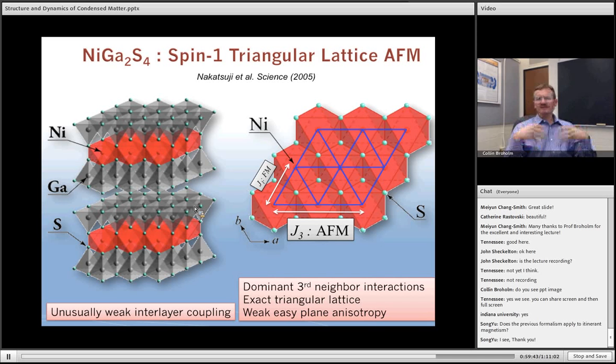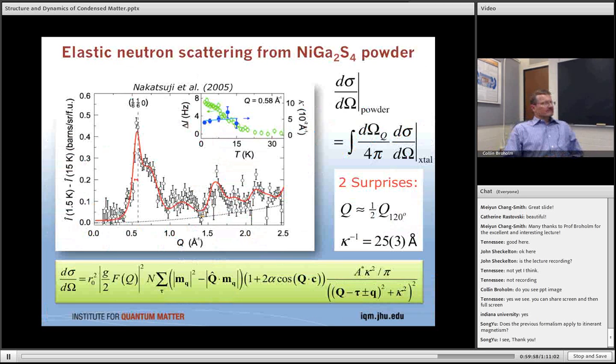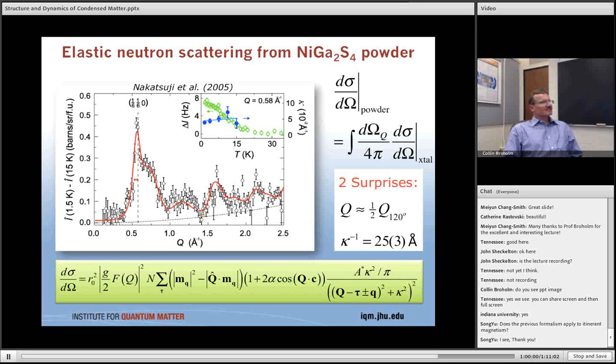The quantum fluctuations can become strong enough to completely suppress the occurrence of a real long-range ordered spin configuration. And so there's quite a lot of interest in these types of systems. Now, as often happens, and as often is the case,